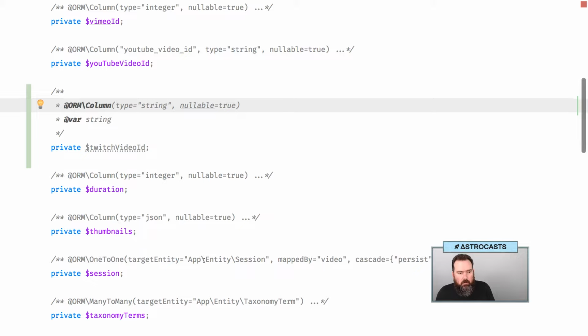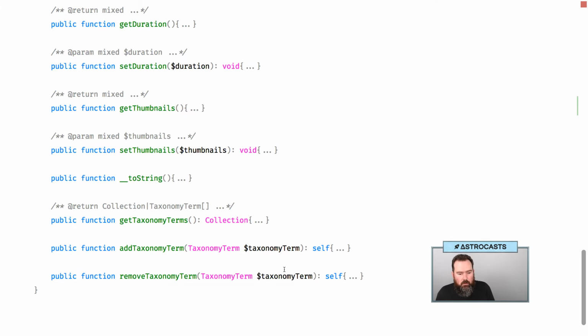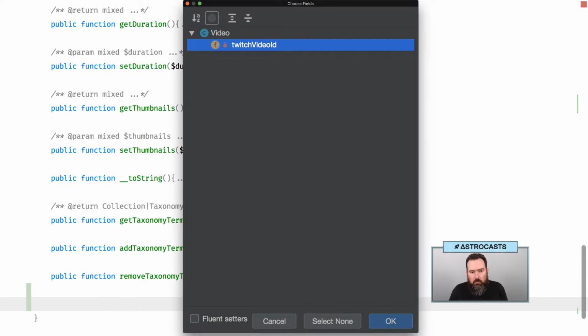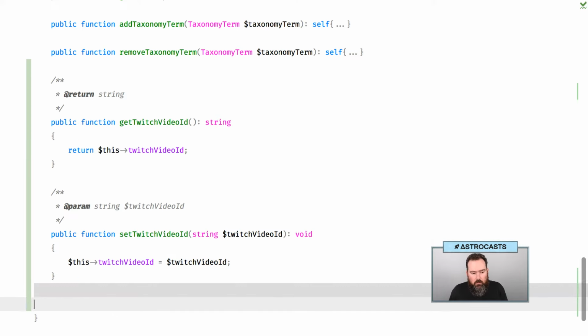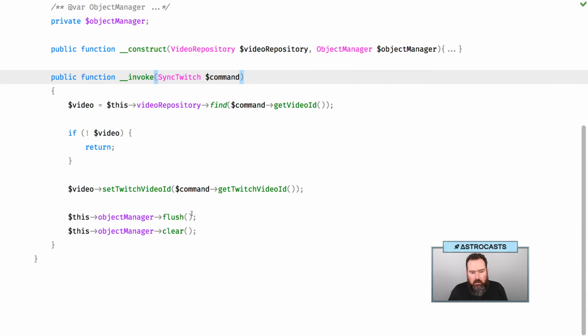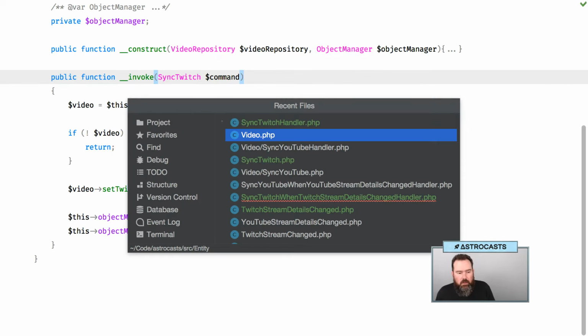Okay, so add some getters and setters. So if we go back to our command handler, the command handler can set this value. The command handler comes from the event handler,